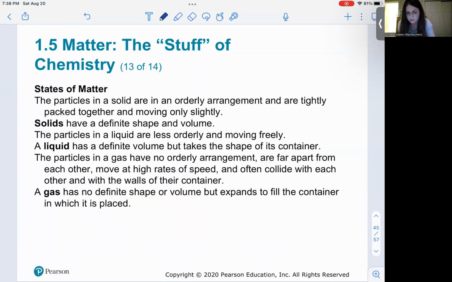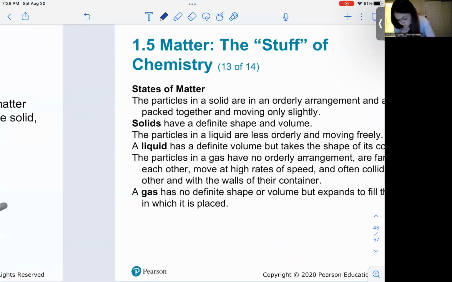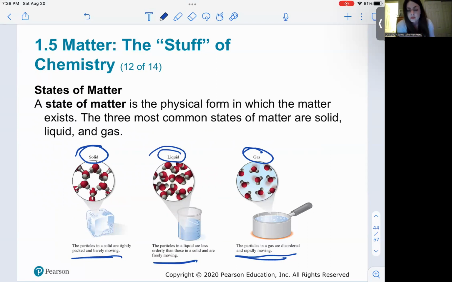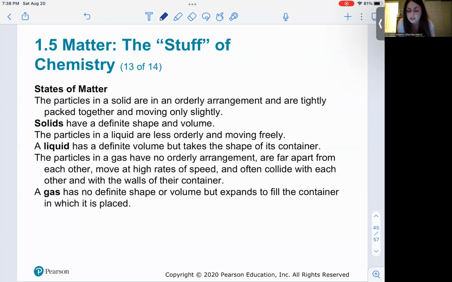And so here you have some definitions of that written out for you, because you know that the state of matter has a relationship to density, and this is all related to temperature, right? So you can clearly see that in this example. So you can see why this chapter is organized in this way, where you have density, states of matter, and